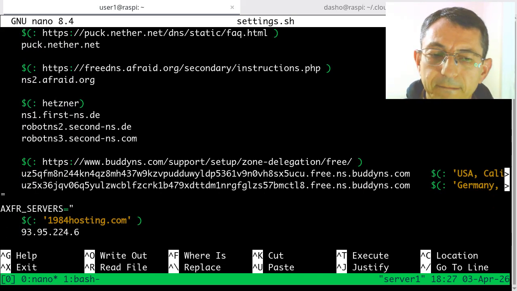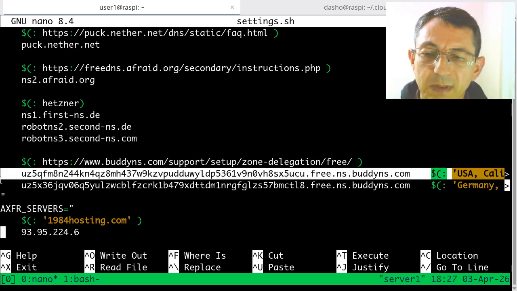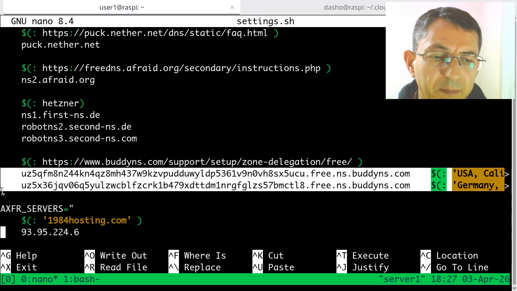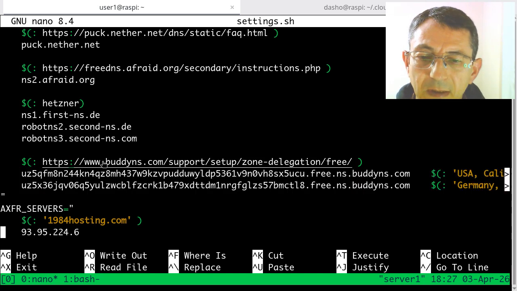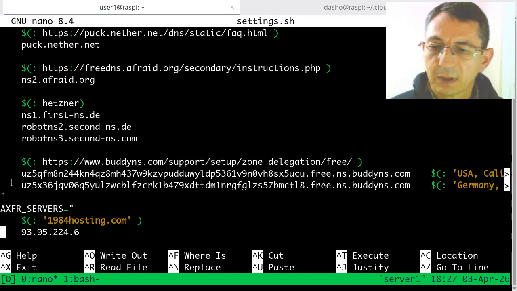But for this example, to keep it simple, we are going to use only these two name servers from BuyVM NS, and another variable,